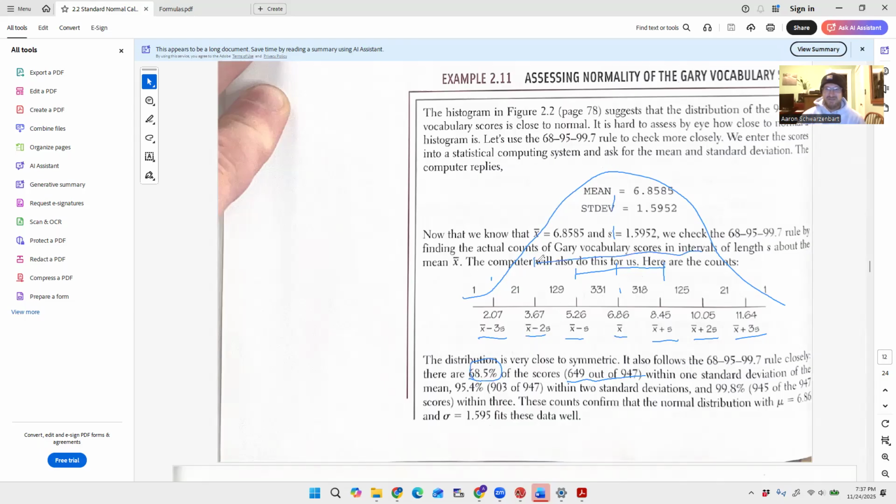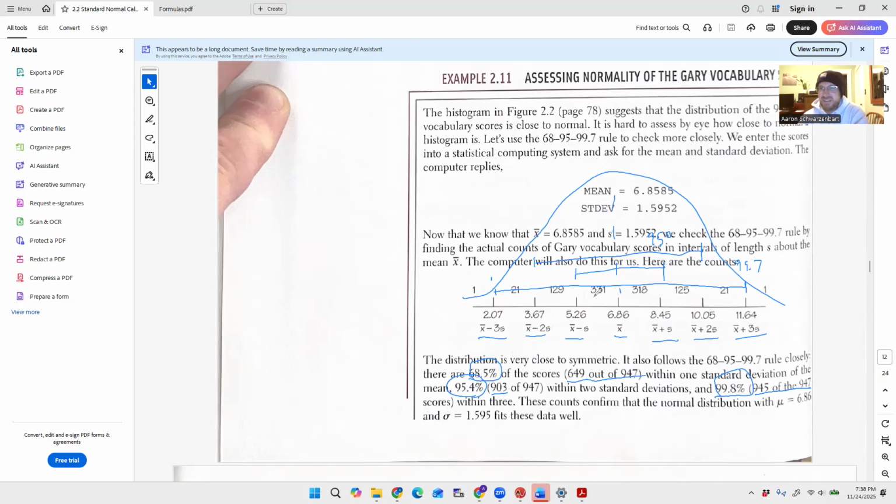Is this 95%? I add those numbers up, I get 903 out of 947. 95.4, that's pretty good. This should be 99.7. There's really only 2 that are not in there, so 945 out of 947 is 99.8. Yeah, this data fits pretty darn well. So what I did was